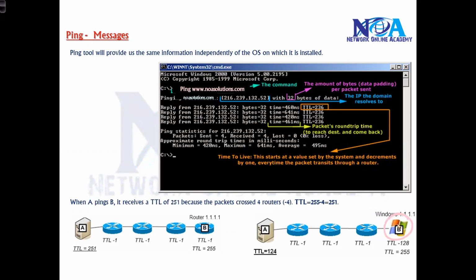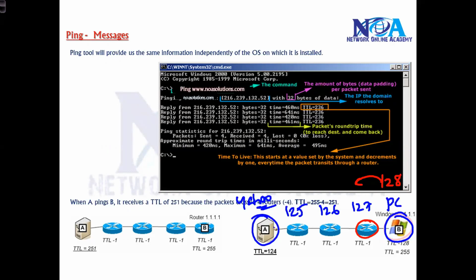Let's say this is my Windows host, my PC, and I'm testing to something like a Yahoo server on this side here. Now the TTL value starts at 128, and when it goes to one hop, the next router reduces it to 127, 126, 125, and finally when it reaches the destination, the TTL value will be 124, something like that. So it will be decremented normally, and it will start with some random number, and this number will vary based on the operating system.